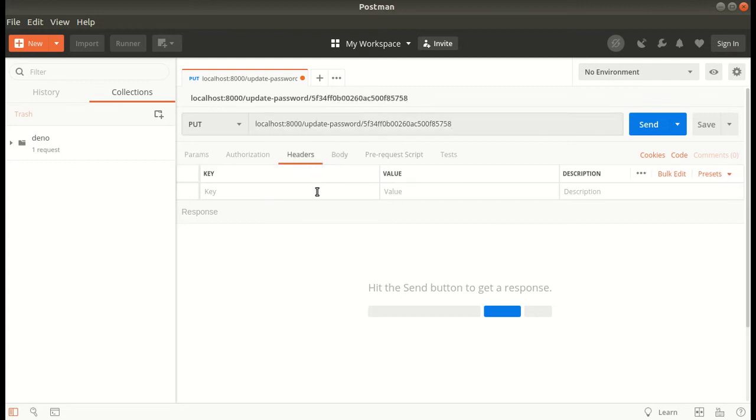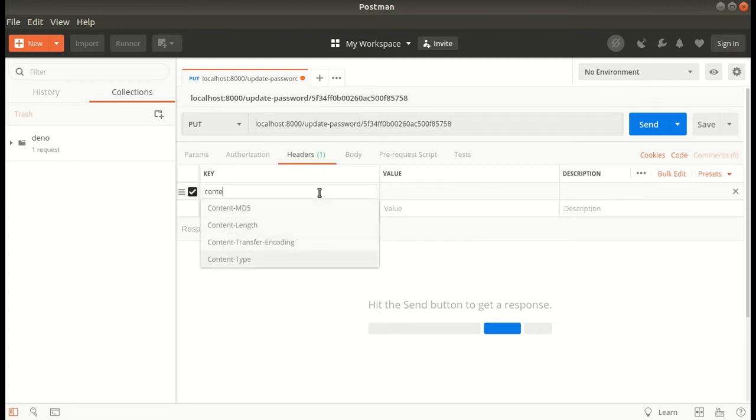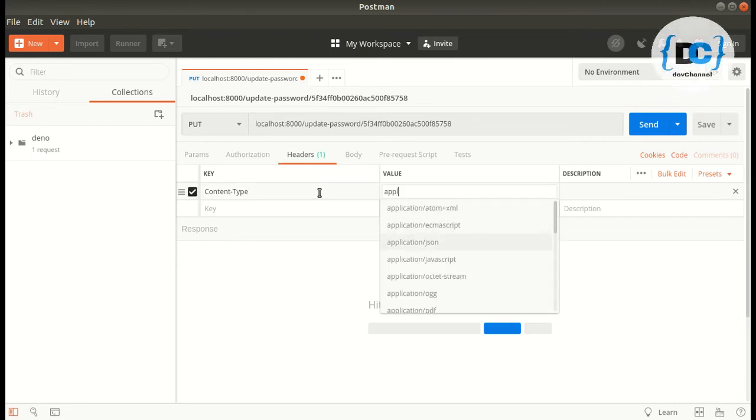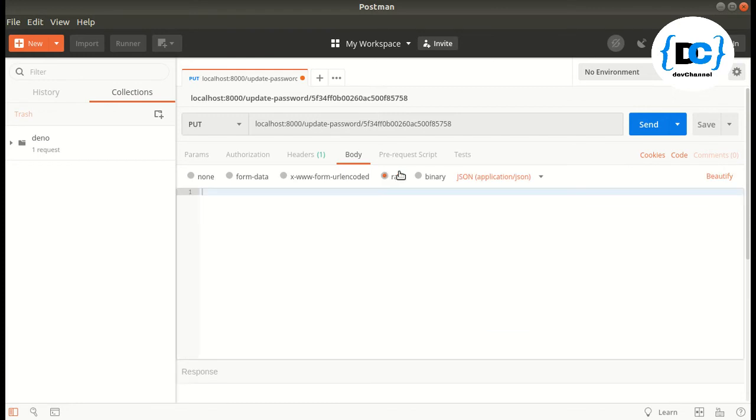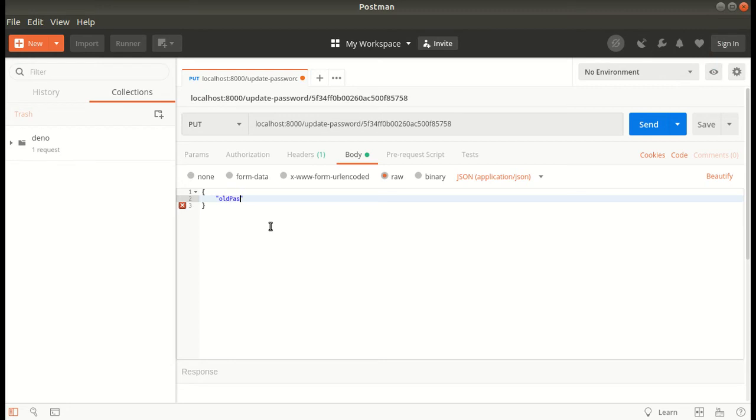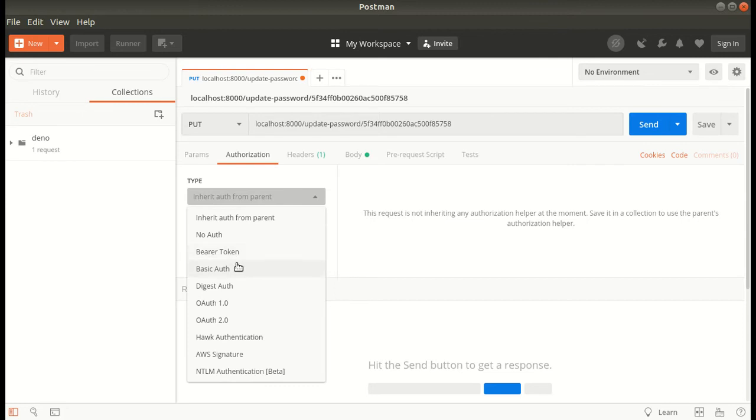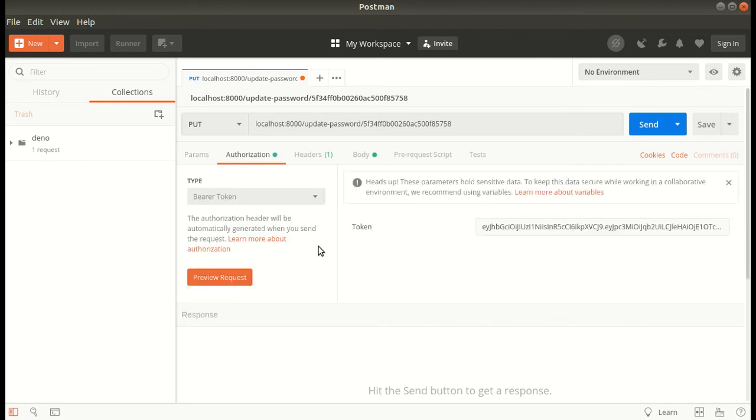In the header we will type our content type application/JSON, and over here we will have raw JSON with old password and new password. Old password, let's say we don't remember it, and new password as Neil123. Now we are going to send the JWT token from here. We have this bearer token, and over here we can send the JWT token.